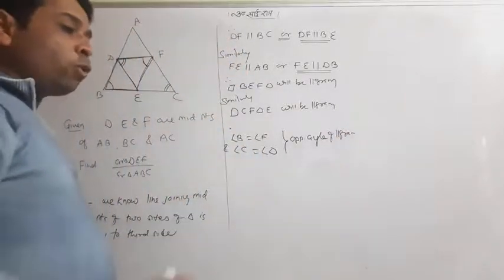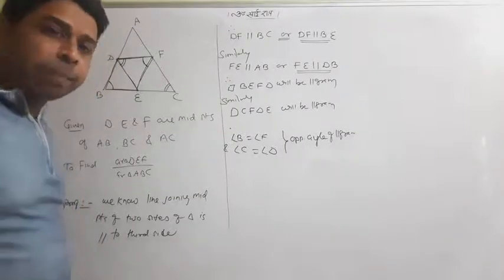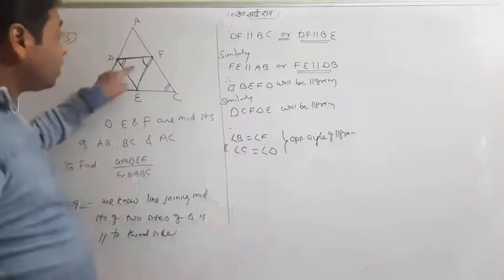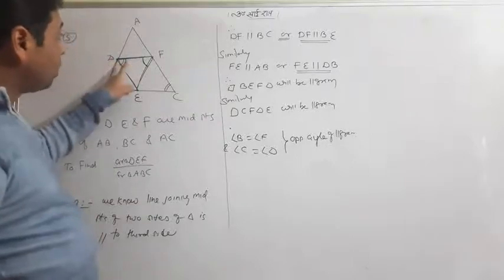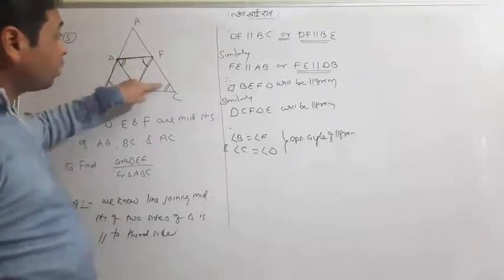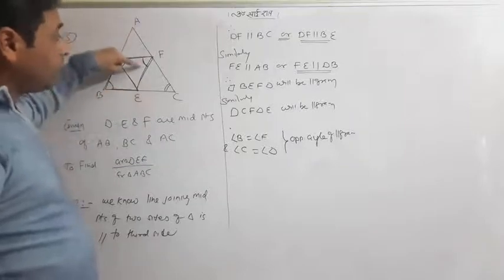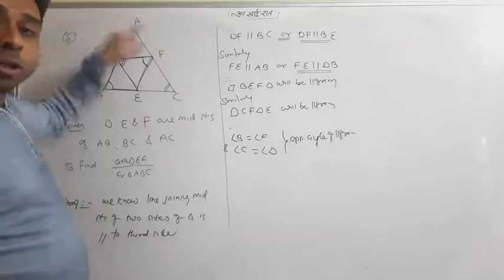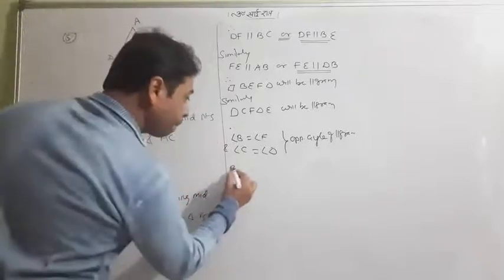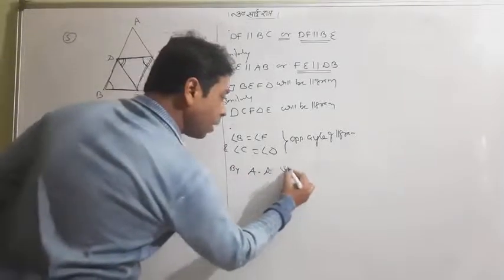So why have I written and shown these two the same? I tell you one thing, that in the small triangle, this angle is equal to the angle of the biggest one, and in the small triangle this angle is equal to the angle of the bigger one. So two angles are the same now. By angle similarity,